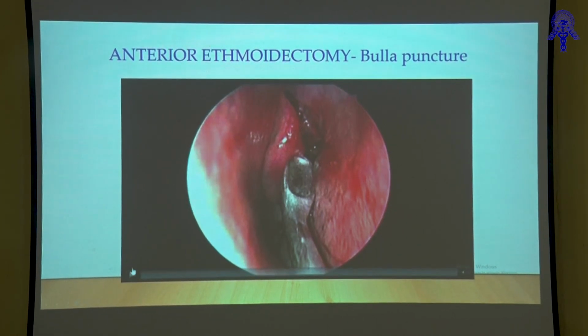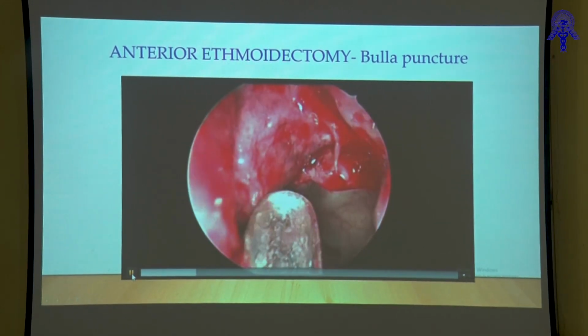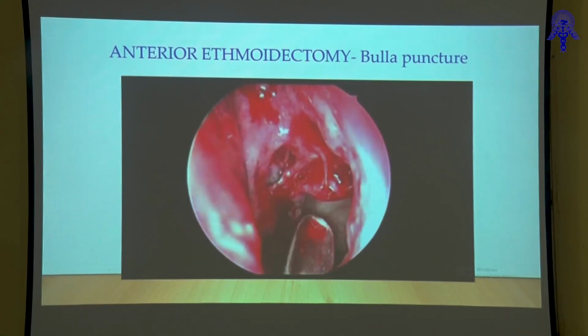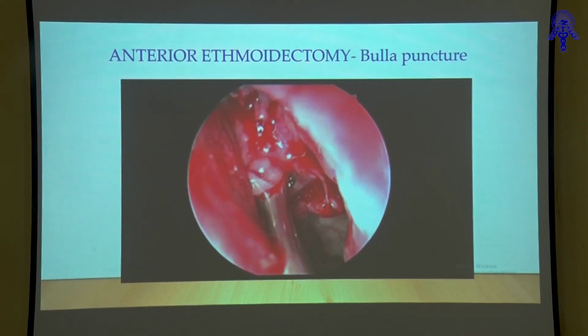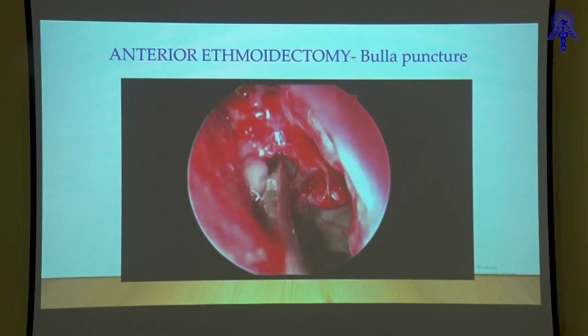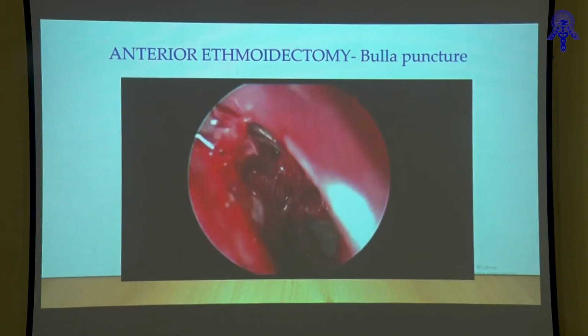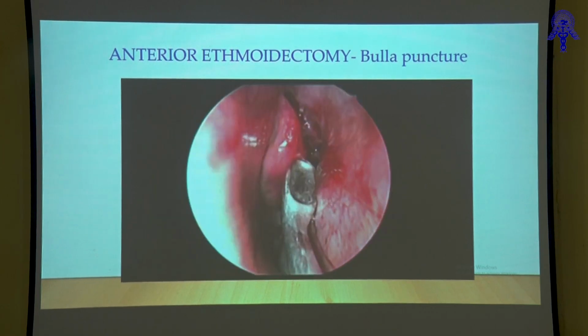So here is bulla penetration from forward. That's the bulla. This is the bulla, and we are just penetrating from forward to backward, making sure there is a lumen here and there is a cell, and we can go and remove this whole cell. That's one way of doing the anterior ethmoidectomy or removal of the bulla. The second way is